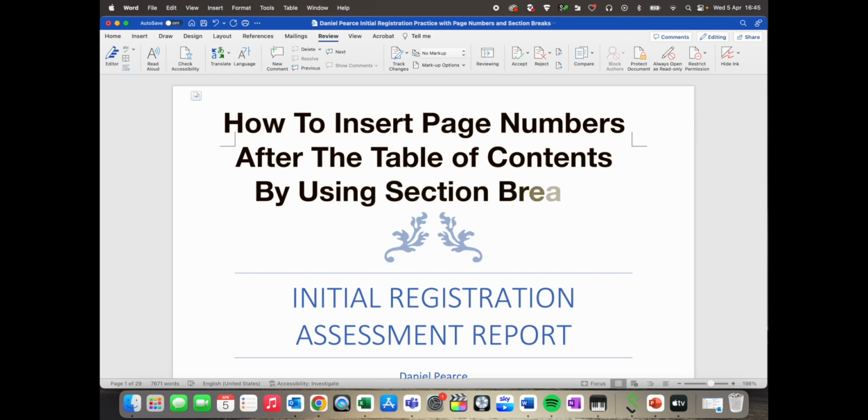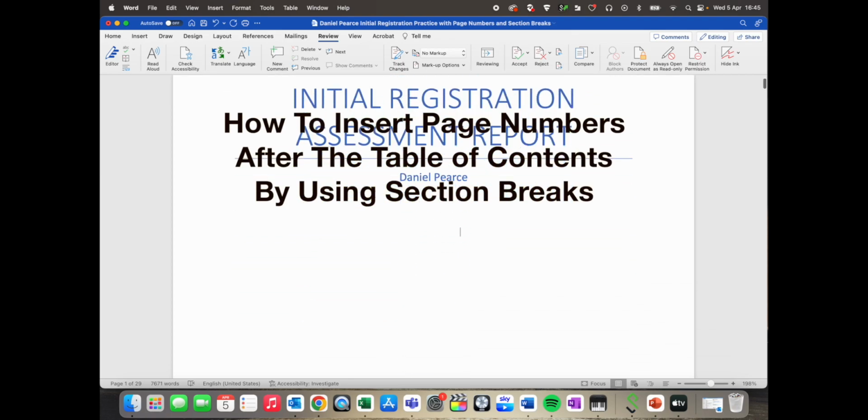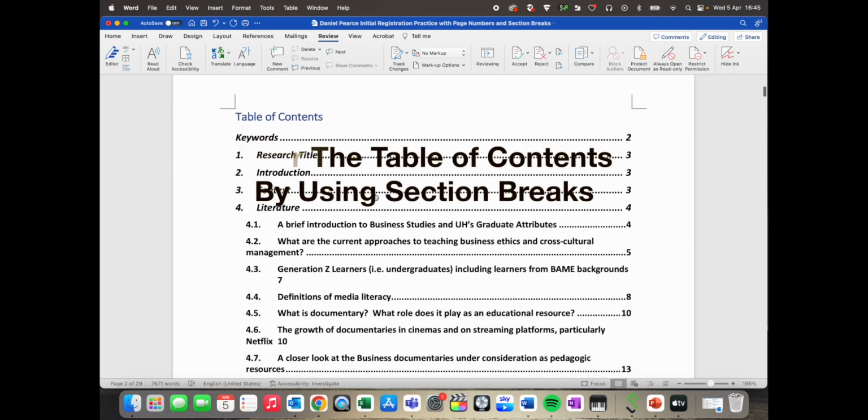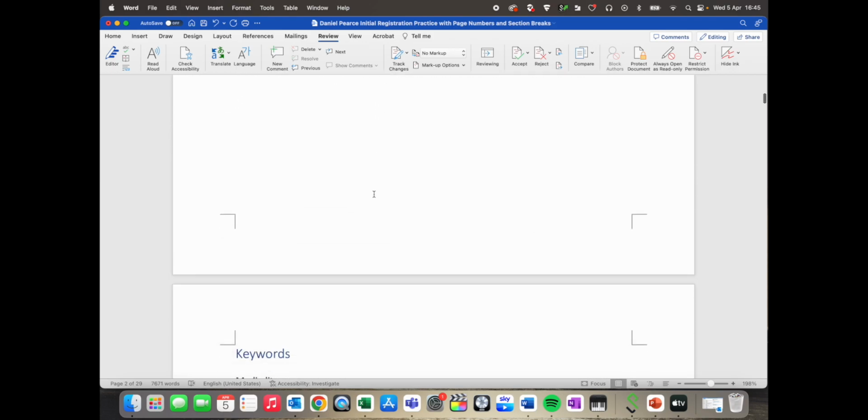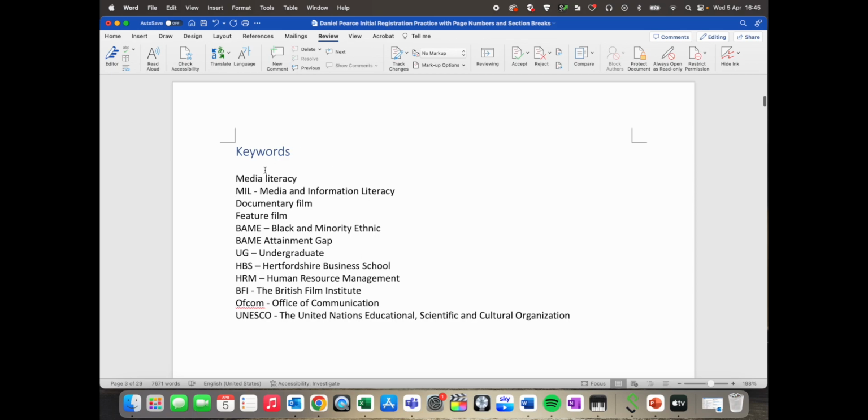In this short video, I want to show you how to insert page numbers to your report and also how to create section breaks so that you can get the page numbers to appear on specific pages that you want. So in this case, after the table of contents. Okay, so I want the pages to start on this page here, which is the first page of my main